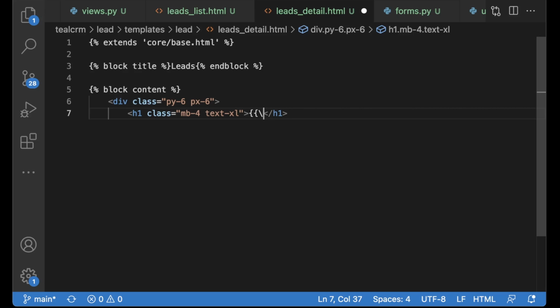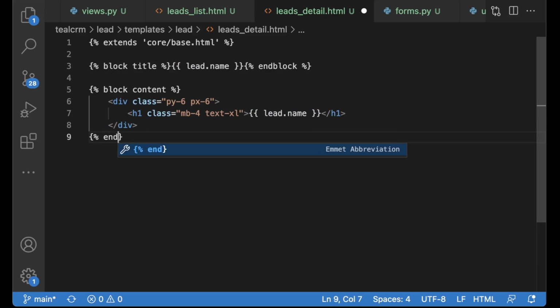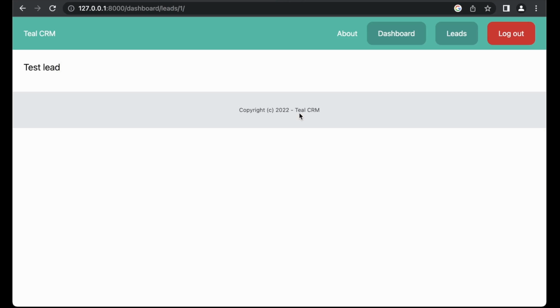And here as the title, we want to show the lead.name, and the same up in the browser tab. So, endblock and save. So if I go back now and refresh, you'll see the title of the lead that we want to show information about. Nice.